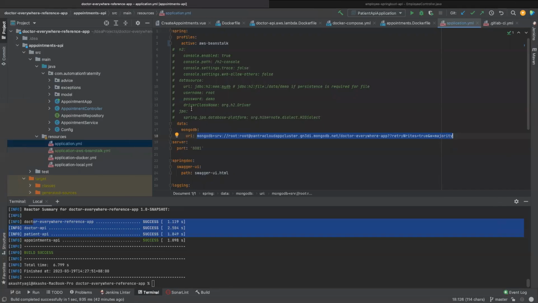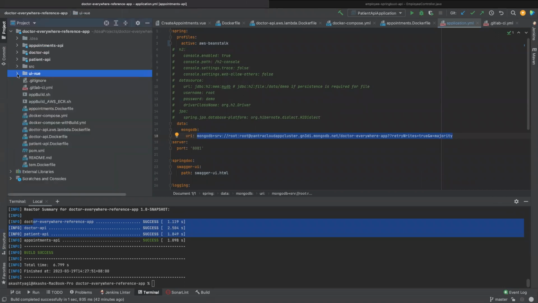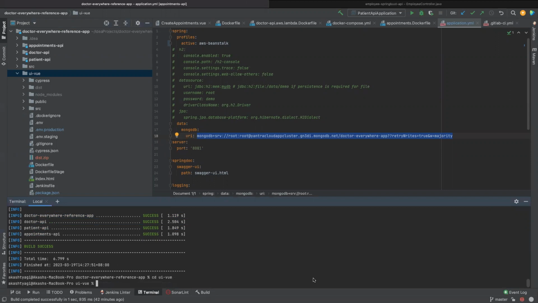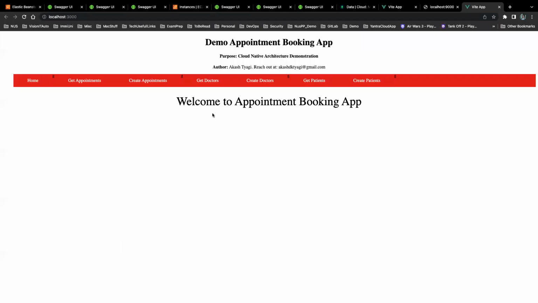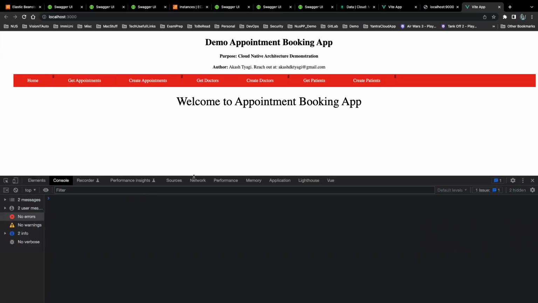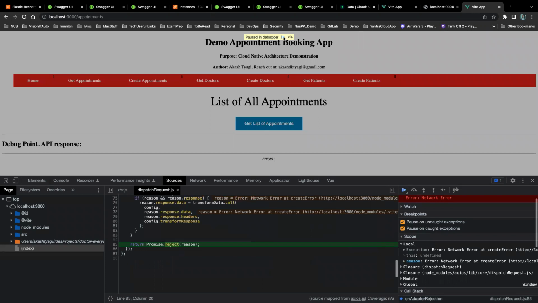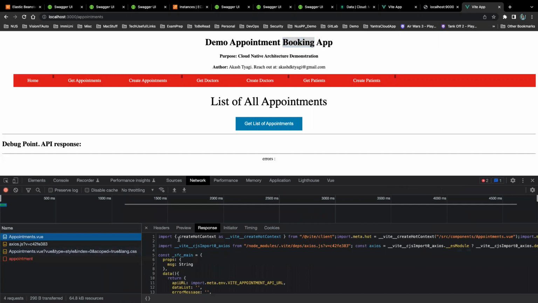Okay, the last part here is I can also go ahead and deploy my front end. So my front end here, as of now, is written in Vue.js. I can actually go and show you that also. If I go here and say npm run dev, this will run my front end, a very basic front end. Right now, if I click on inspect, console, network, and if I simply say get appointments, it is still going and trying to reach out to